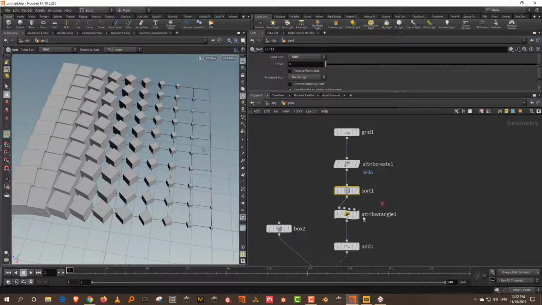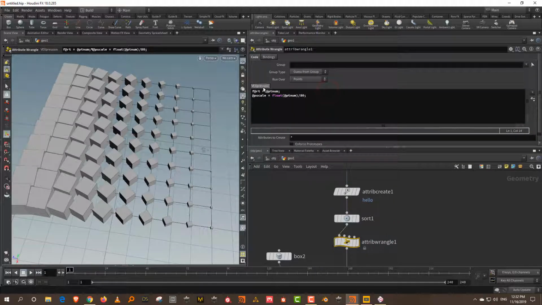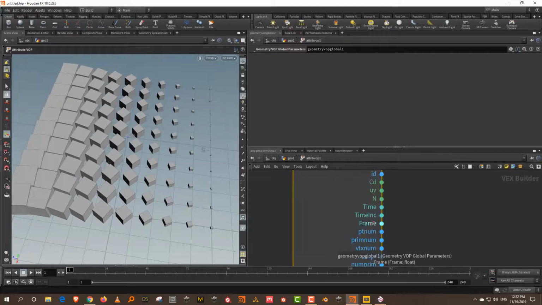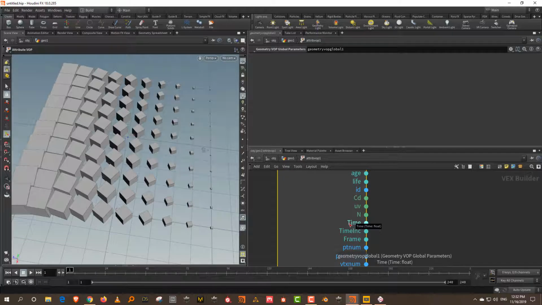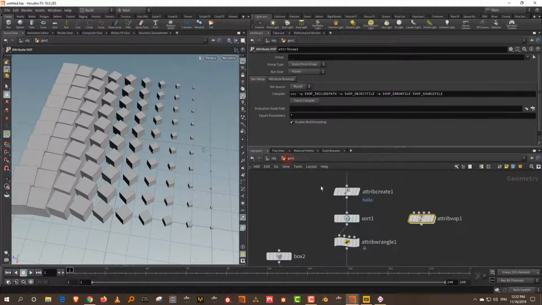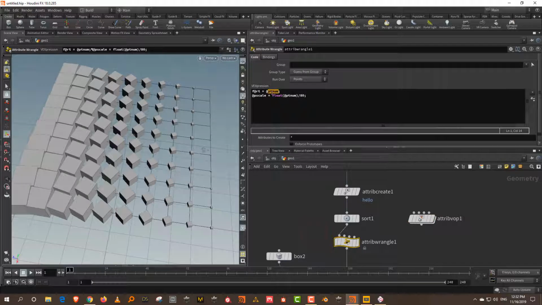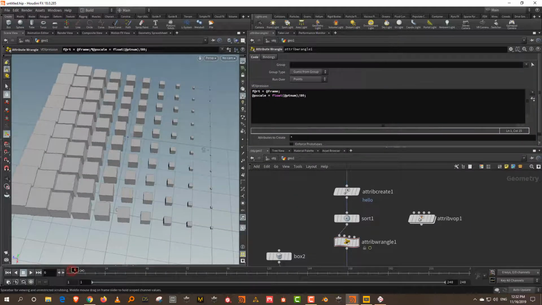So to do it in a very, very simple way, instead of add ptnum, I just put in add frame. And just remember how it is typed here. If I take a warp, you'll notice that with ptnum everything is small, but with time the T is capital, or with frame the F is capital. So just remember that. I can say add frame instead of add ptnum, put a semicolon at the end, and now, per frame, you can see it starts to rotate.